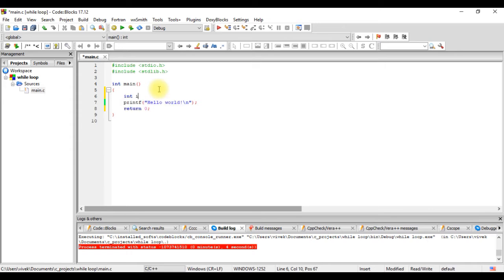Let's call it i, and initially I'll give it a value of 0, and then I write while i is less than 10, and I give brackets here, and I'll write the statement within the brackets.